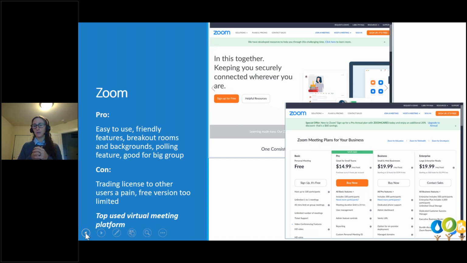It's really easy to use. It's feature friendly. It has more of a "you're meeting with friends" kind of feel and environment to it, whereas something like GoToMeeting has a bit more of a business vibe and feel to it. And while that might make no difference to you, to some it really does. Sometimes I appreciate more of that business professional vibe.